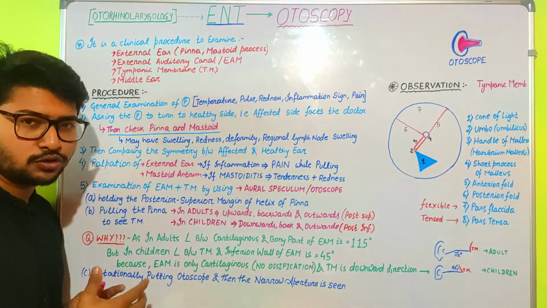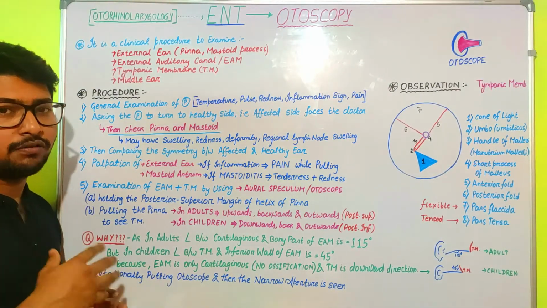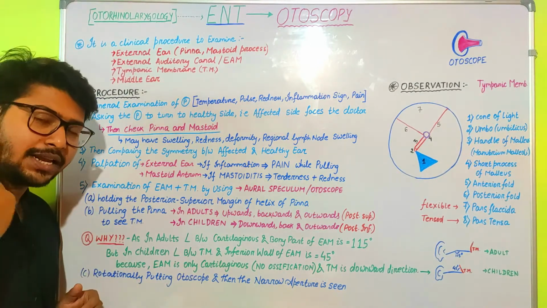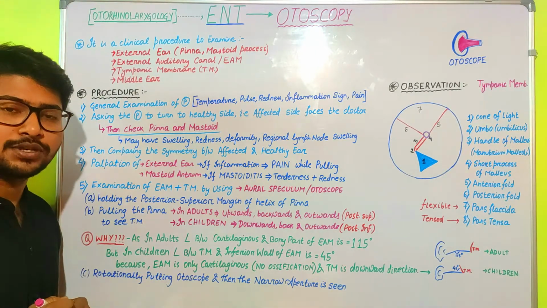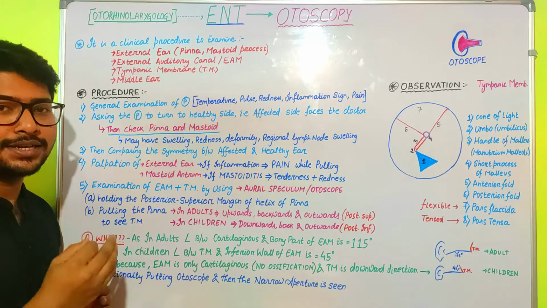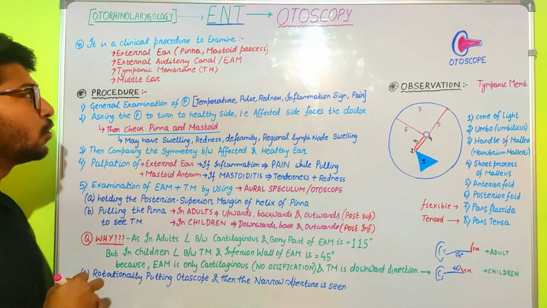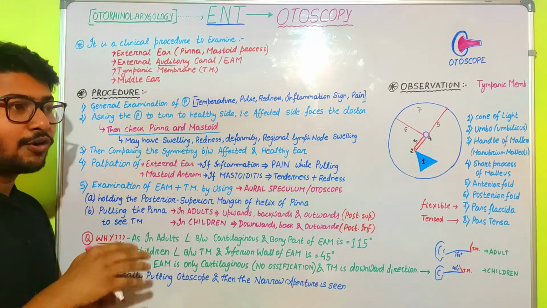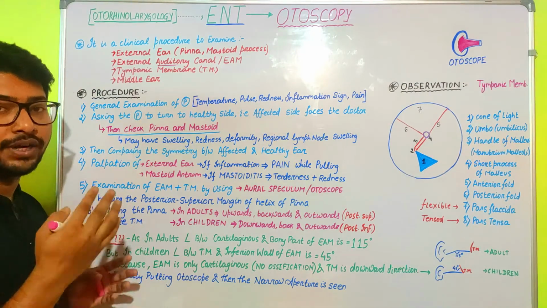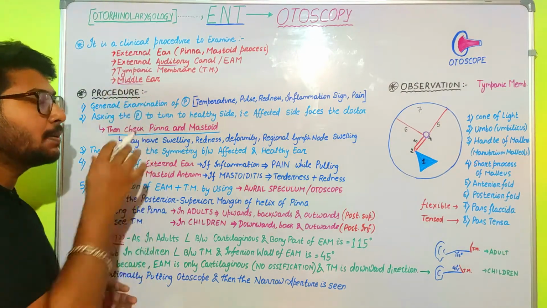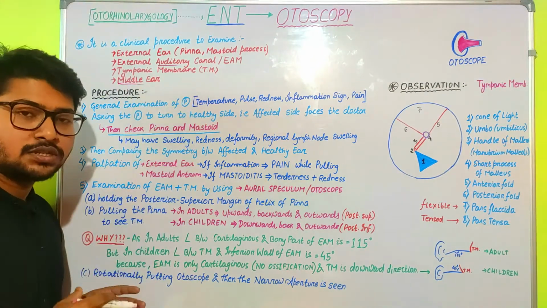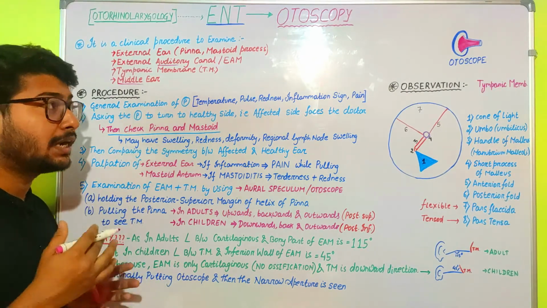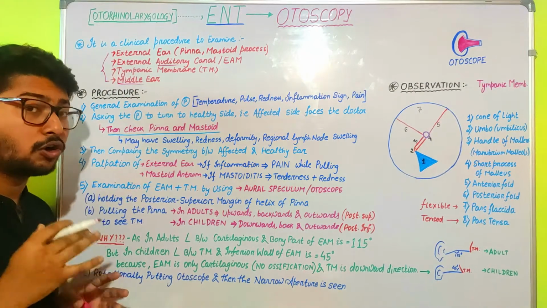First of all, what is otoscopy? Otoscopy is the method of examination of the ear. It's a clinical procedure for examination of the external ear along with the pinna and mastoid process. Then we are going to see the external acoustic meatus, otherwise known as the external auditory canal. Then comes the tympanic membrane. We are going to observe the structures of the tympanic membrane. Then we are going to see the middle ear. By this process of otoscopy, we are going to see whether there is any kind of change or any kind of pathology developed in these structures or not.